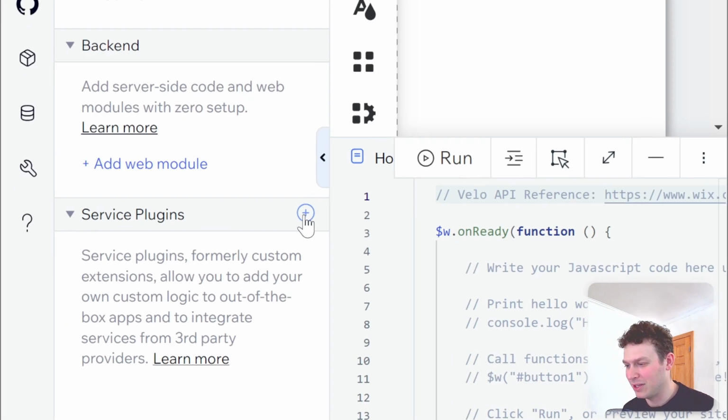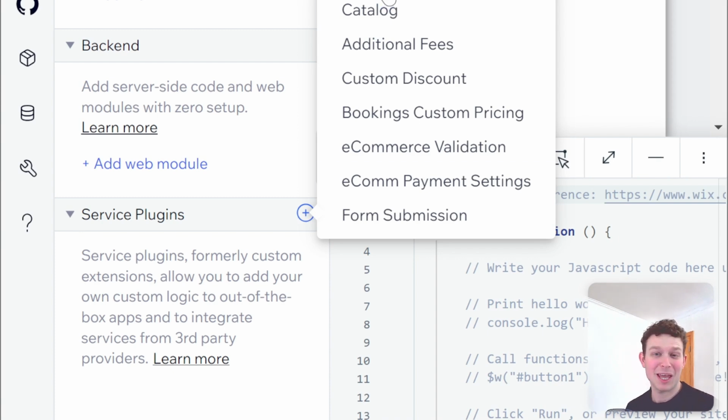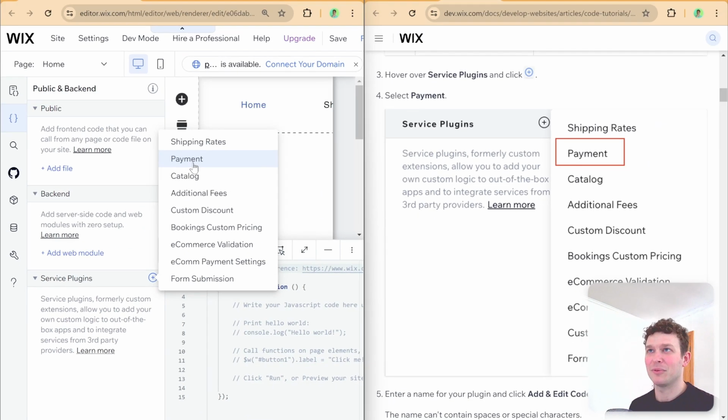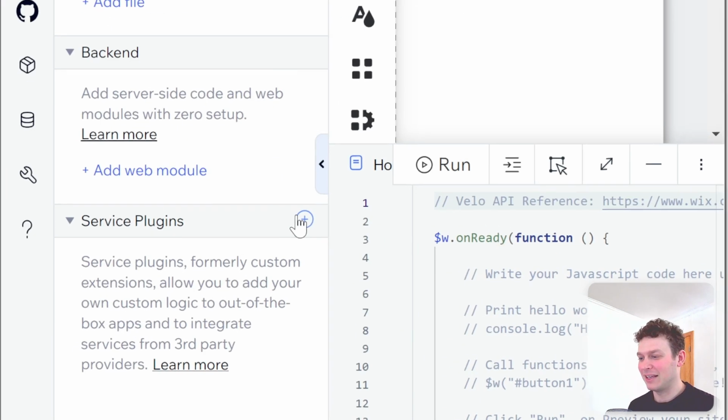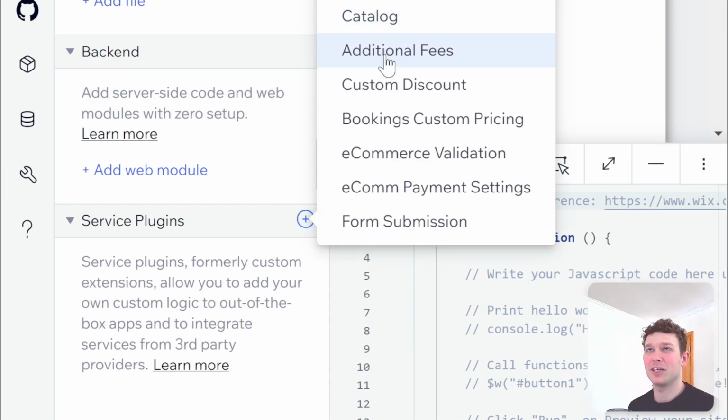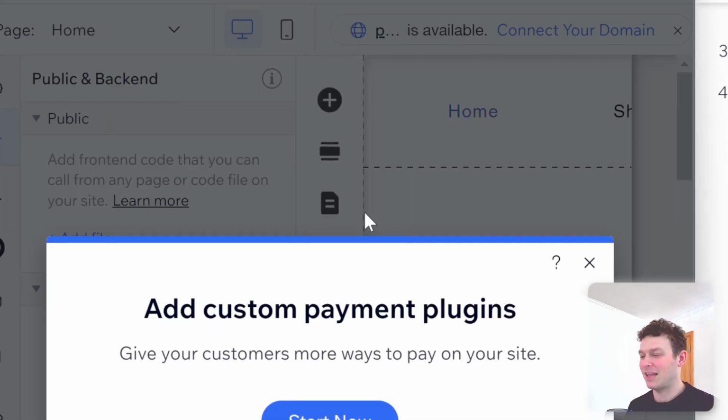Let me find that right over here. Payment. Okay, I would have never found that without it. I mean, it's called the payment provider SPI, but it's pretty generic here, but luckily we have this tutorial here on the right that shows me exactly what we're looking for. So I'm just going to go ahead and click right over here, payment,